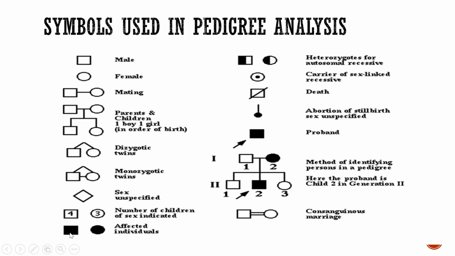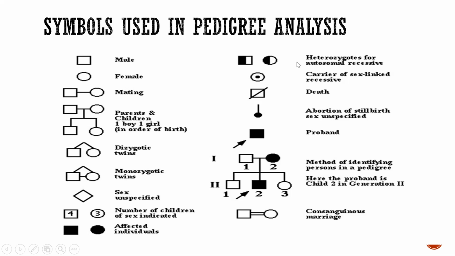If we draw a square which is completely shaded, or a circle which is a female which is completely shaded, these symbols indicate that these individuals are affected, in the sense they are suffering from a genetic disorder. If we represent the square or the circle and it is shaded only half, 50% shaded, it indicates heterozygotes for autosomal recessive. Means they have a genetic disorder, the mutant gene is present in the autosomes and it is recessive